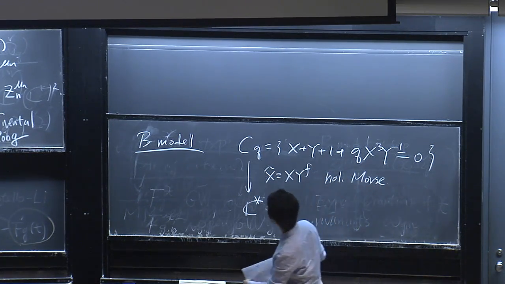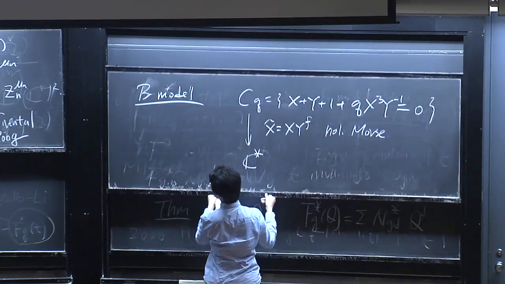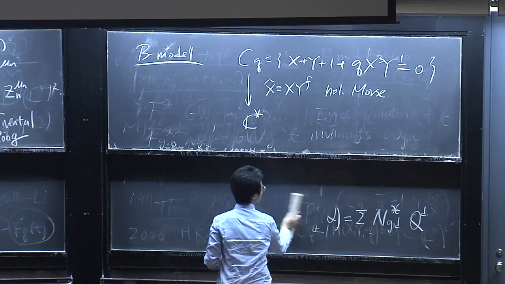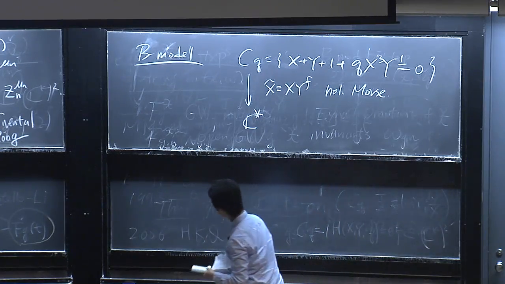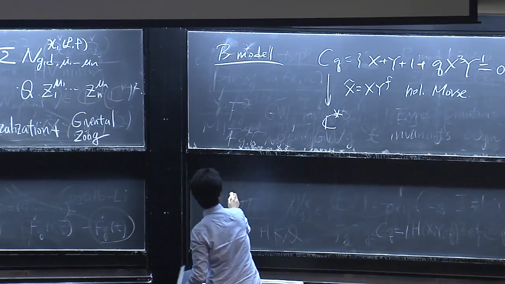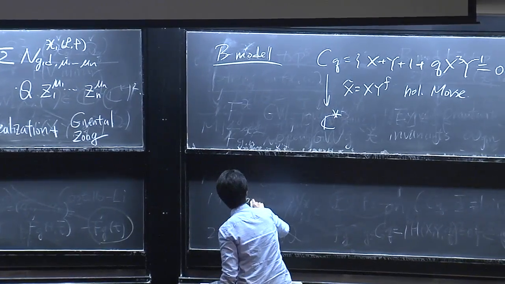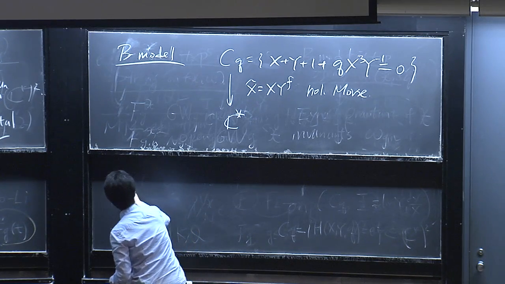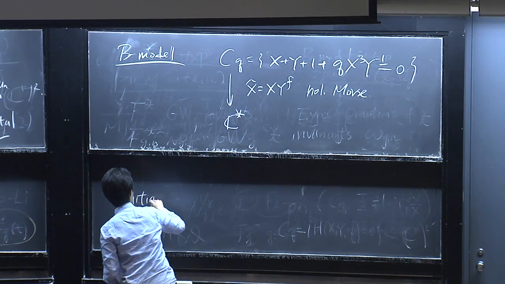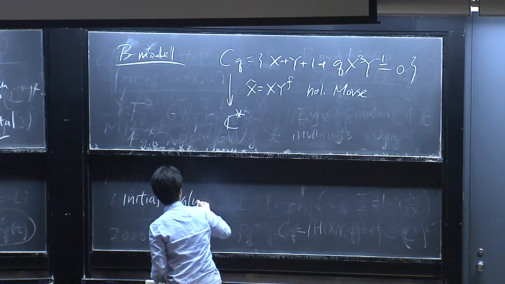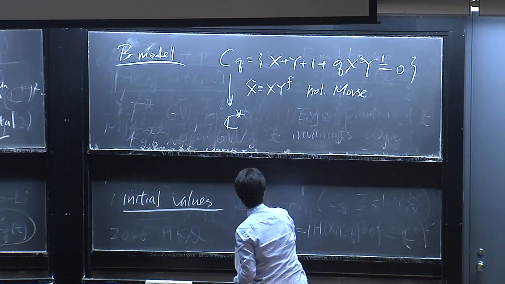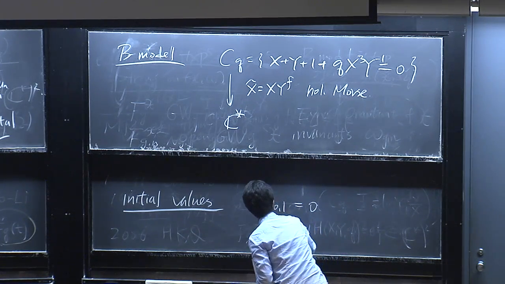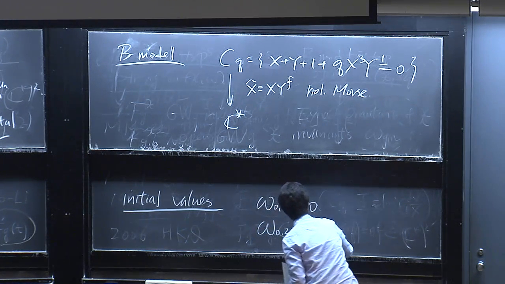So then omega g,n is defined, starting with omega 0,1, the initial value. These are the unstable cases. These are like disk invariants. This is 0. And omega 0,2 is